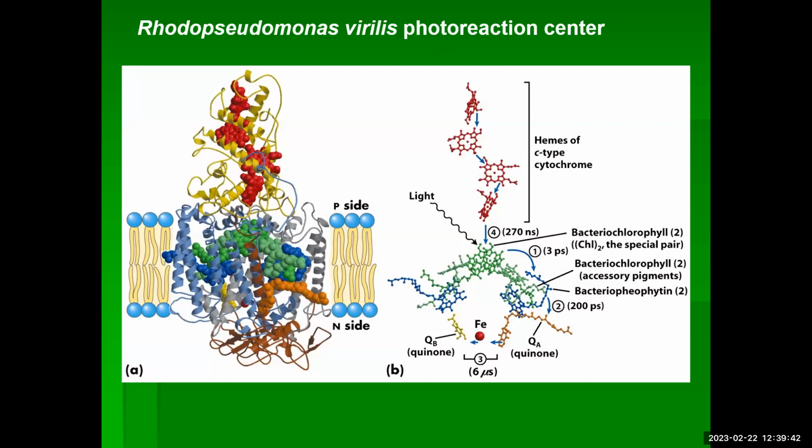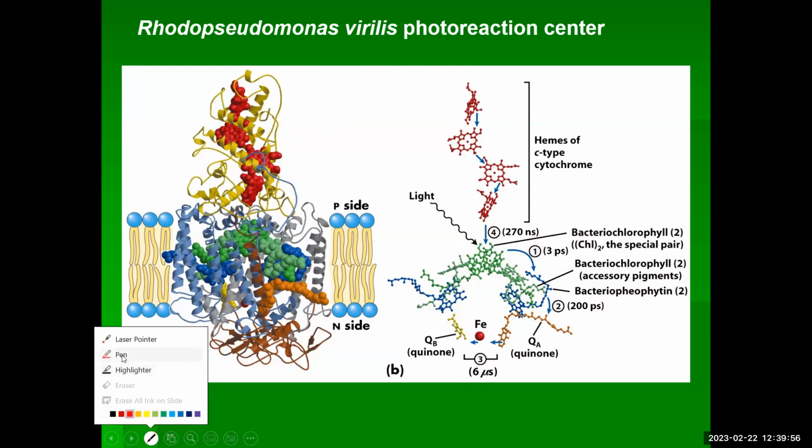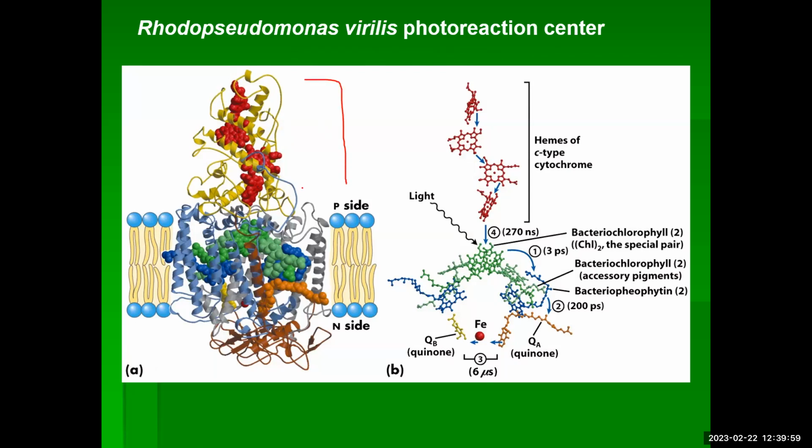And here is the crystal structure of the Rhodopseudomonas viridis photoreaction center. So up here, you have C-type cytochromes. Remember, C-type cytochromes have the heme covalently attached to the polypeptide chain. You have several of them. Light is going to hit, as you can see here, there. You have a bacteria chlorophyll, and it will give